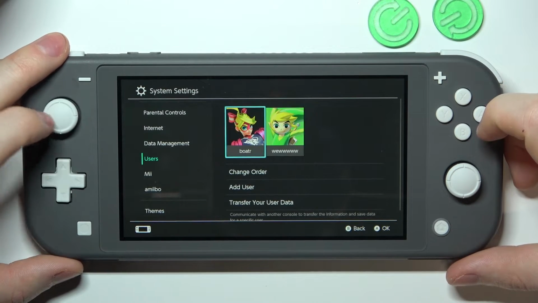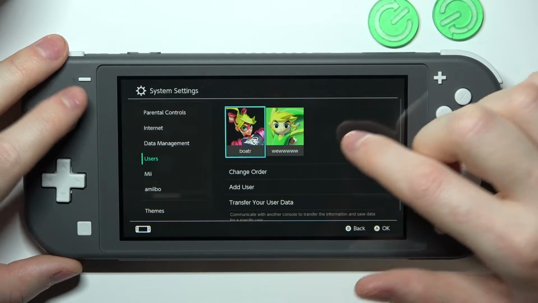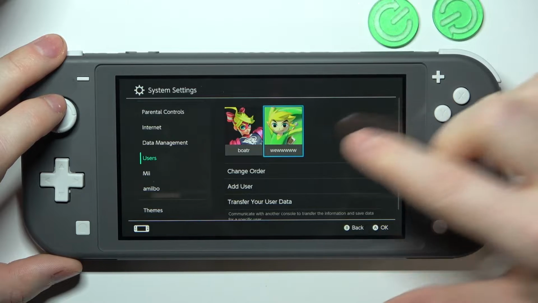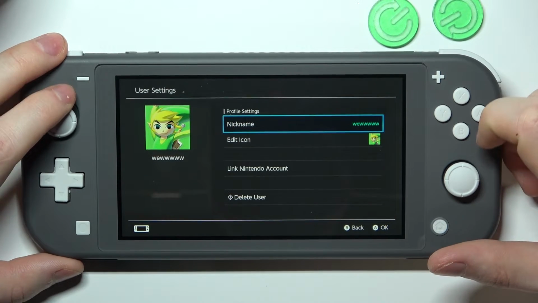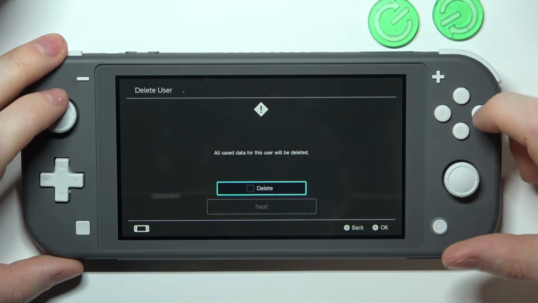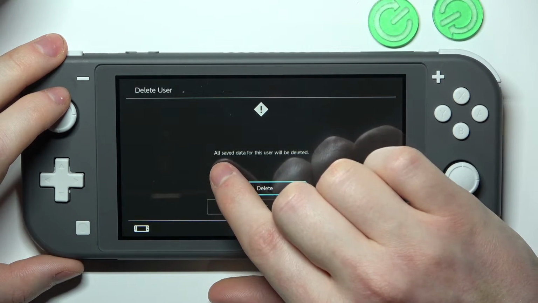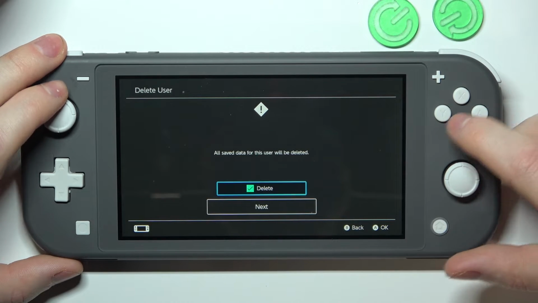Now choose the user you want to delete, and keep in mind you can't delete the main account, it's this one for this console. So let's go for this poor fella, click A on him, and then at the bottom you can find delete user. Click on it, and here you can see that all saved data for this user will be deleted. You need to click on the delete,